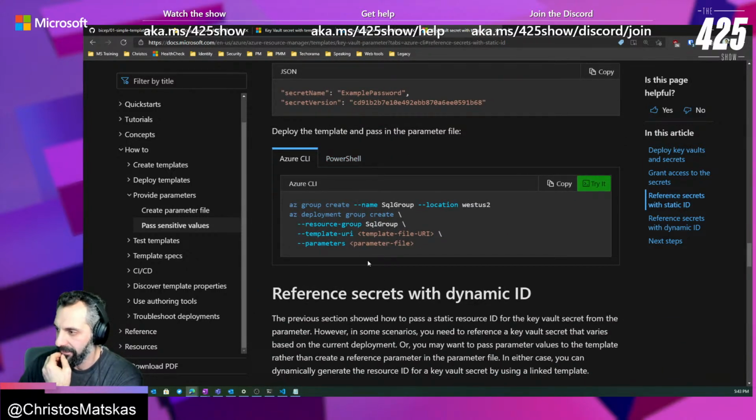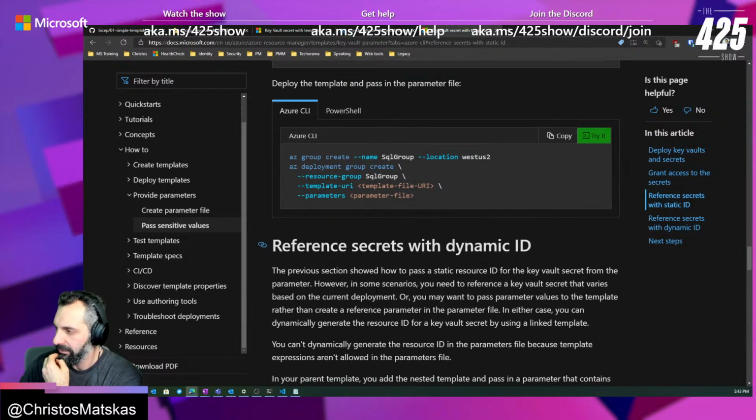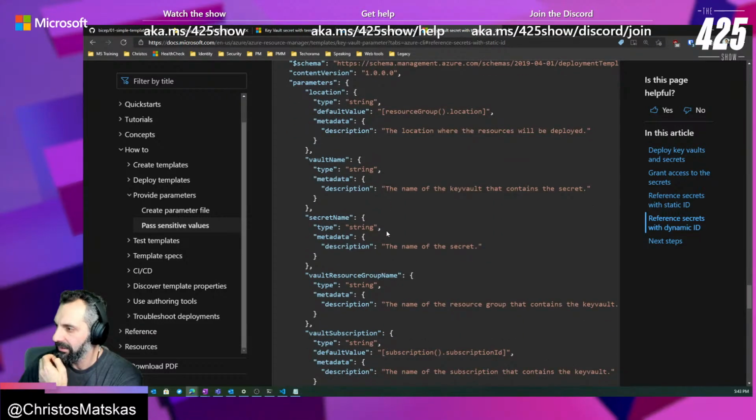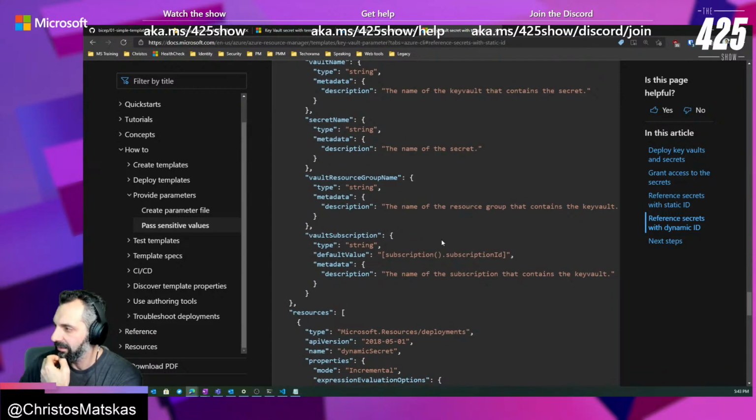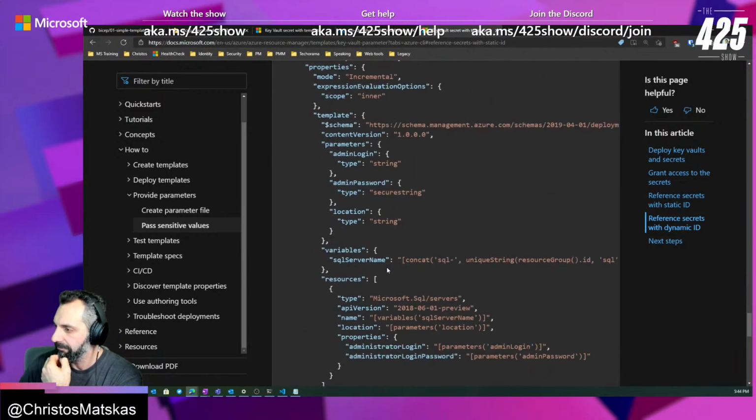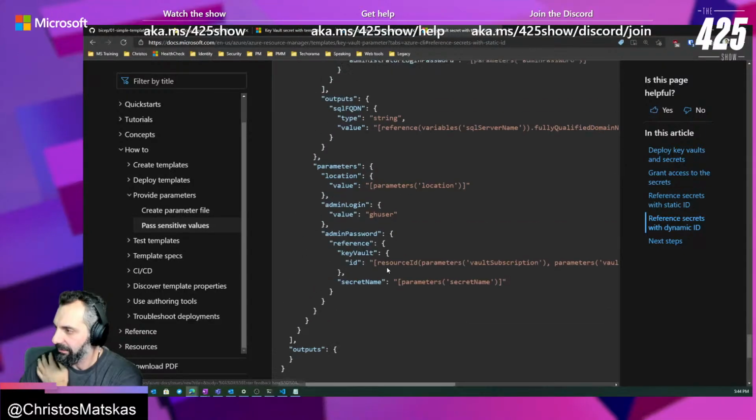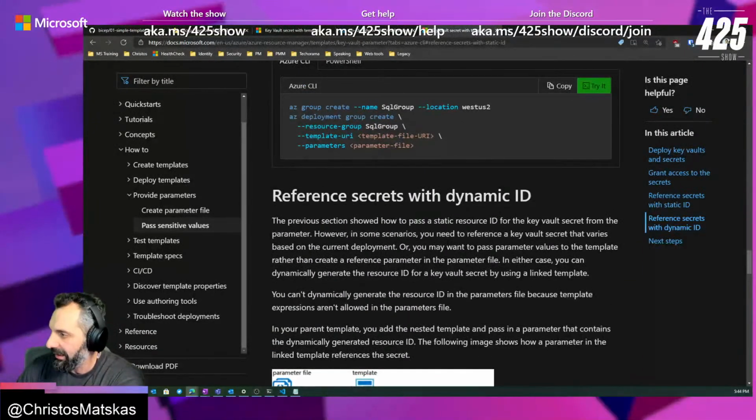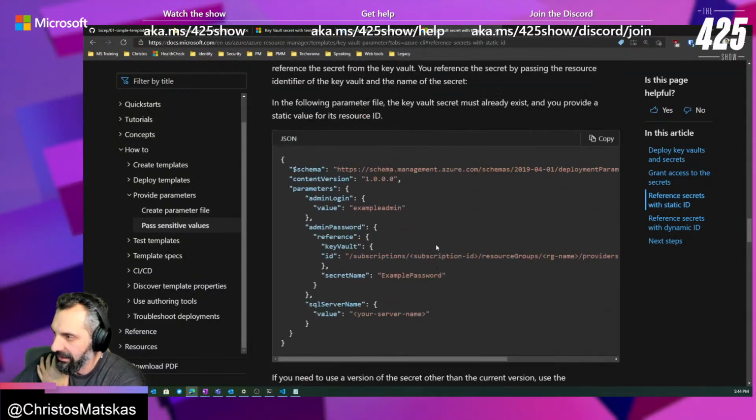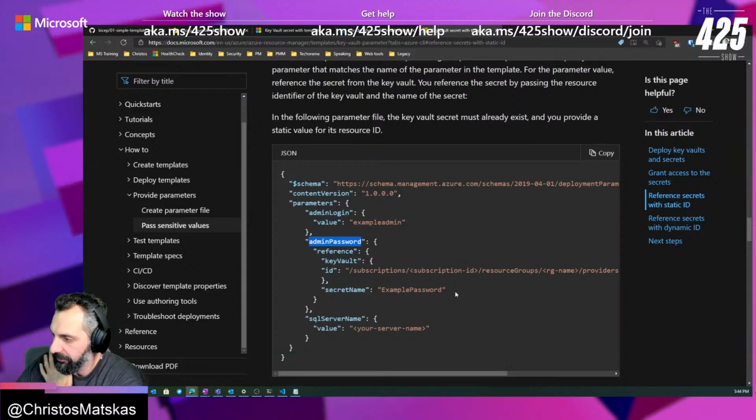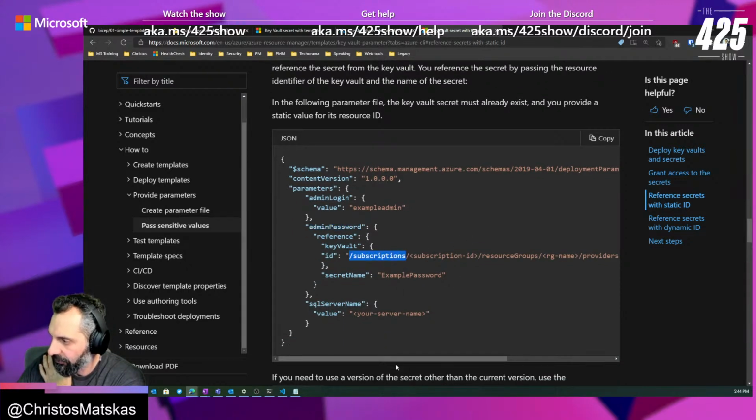Deploy the template. Template URI. And then parameters. Reference secrets with dynamic IDs. No, we don't want dynamic IDs. We're good. Default value, metadata. Contains the key vault. I mean, technically, it doesn't seem that we're doing something wrong here. What I'm saying is that since we have the secrets in the template, admin login, admin password, and this one is coming from our key vault,